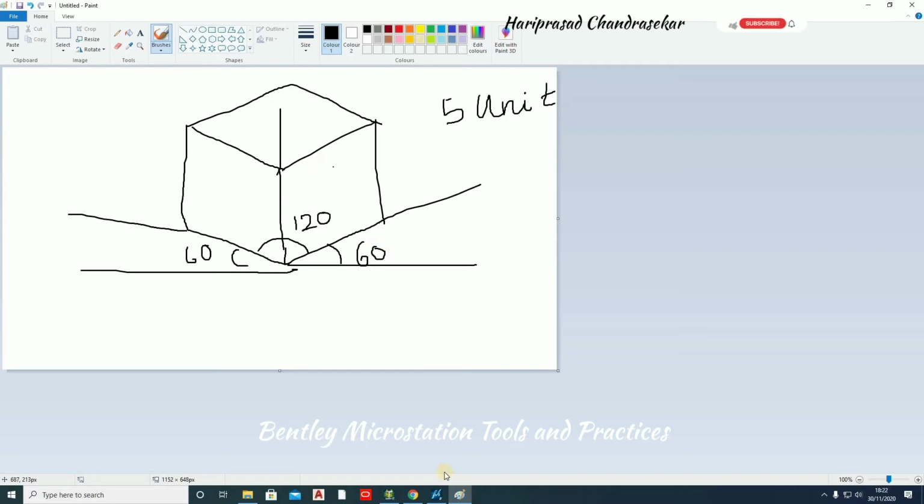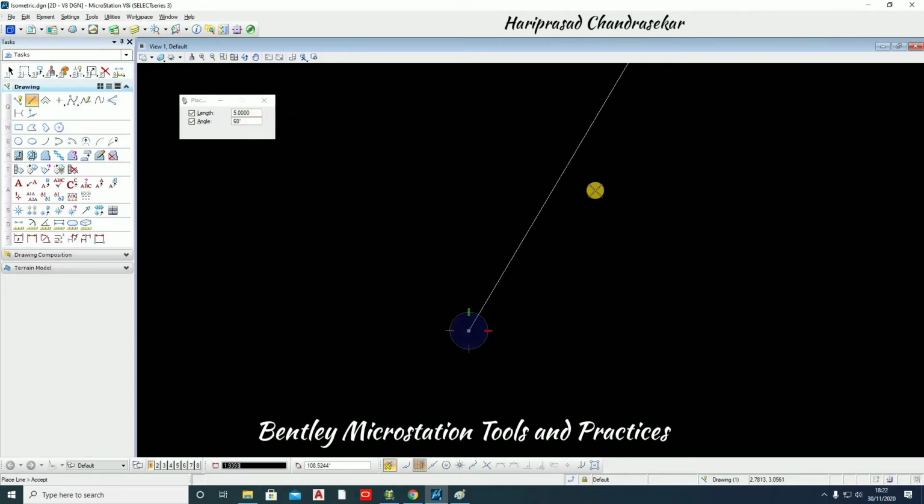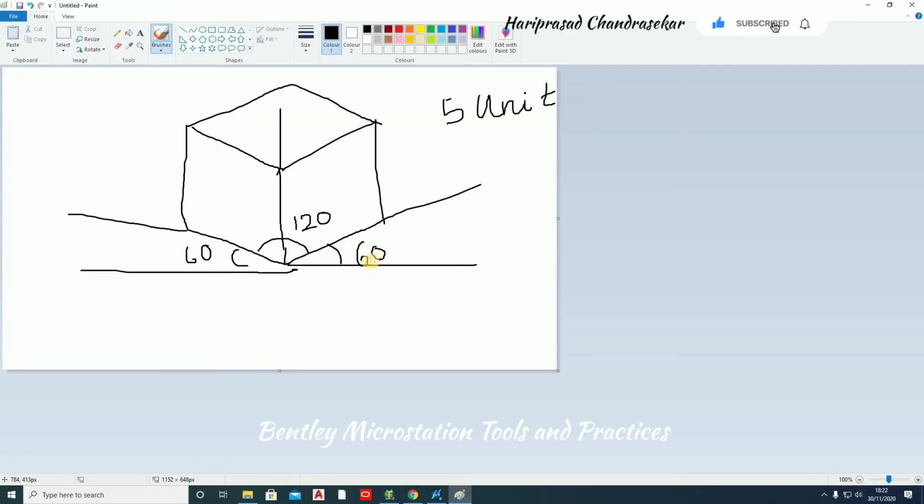So how will you draw this in MicroStation, we will see. You can just take line, click somewhere and put a length of 5 and angle of how much? 60 degrees. Okay, so it will go that way. 60, no. I think it should be 30. Yeah, it should be 30 in that case, not 60. So 30 outside,